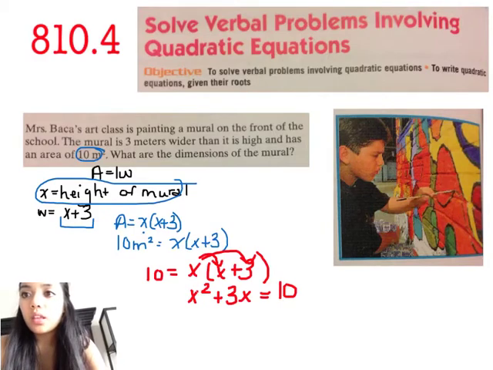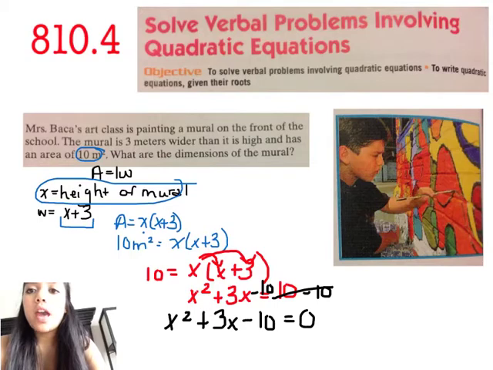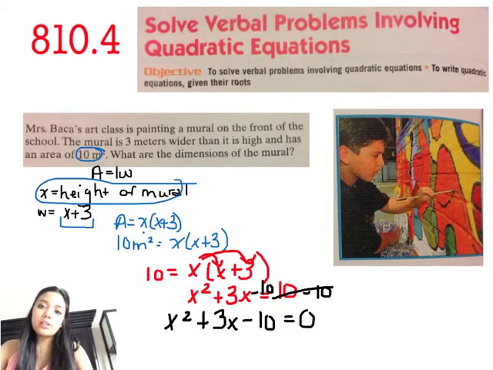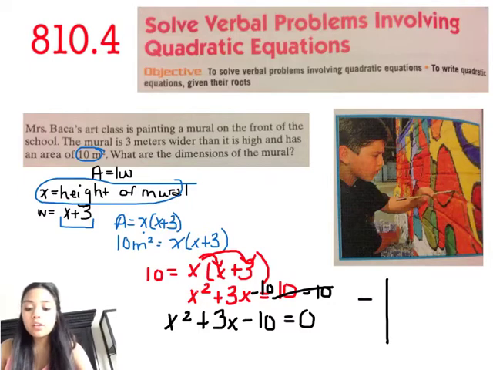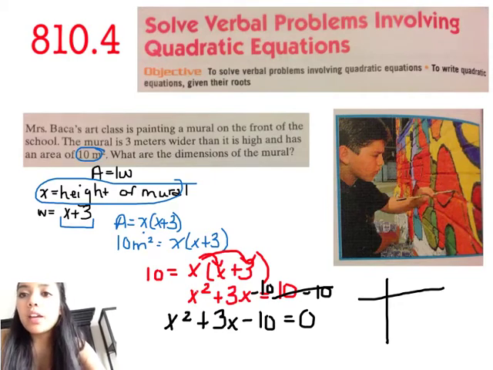So x will equal the height of the mural, and then the mural is 3 meters wider than it is high. So then our width would be x plus 3 because it's 3 meters wider than it is high. So that way we're using the same variable in order to multiply them together. Because if we use a different variable, then we wouldn't be able to multiply them together to solve for our answer. So now I have my area equals,